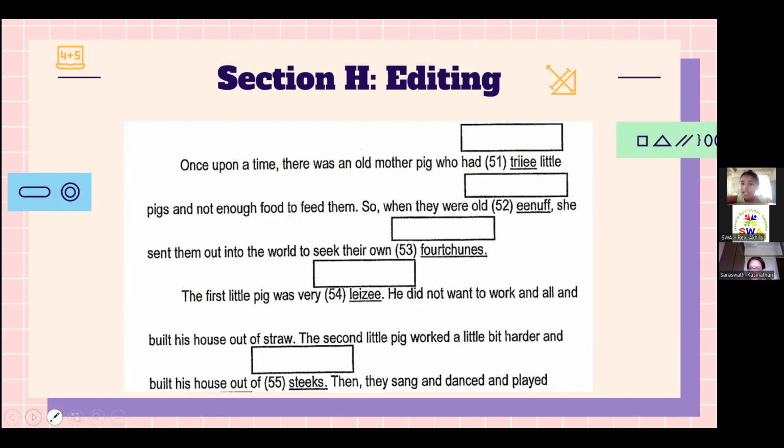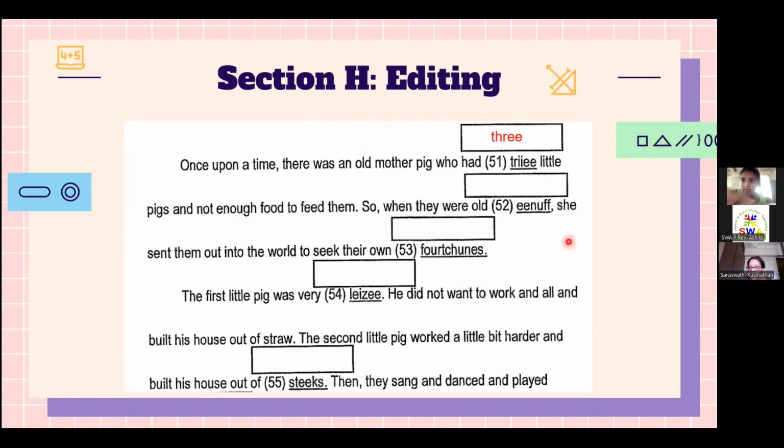Once upon a time, there was an old mother pig who had 3 little pigs. Okay, spell 3. Can you spell? THREE. Very good. Well done. Okay. 3 little pigs and not enough food to feed them. So when they were old enough. So old enough,